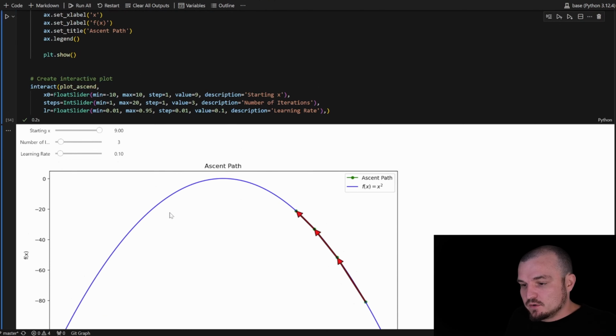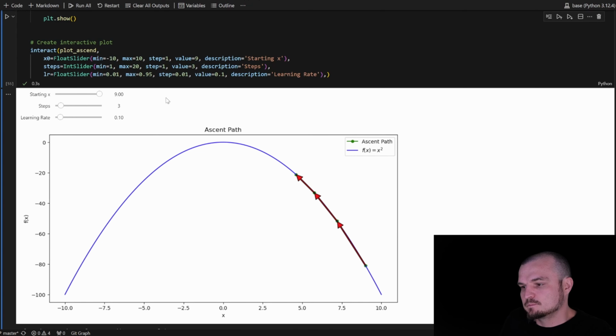Let's run this code. Okay, and right now let's use 4 steps, 5, 6, 7, 8, 9, 10. And you can see that we're pretty close to the maximum point of our function. We make this bunch of steps in the direction of the maxima, and I suppose that it's almost a perfect match.